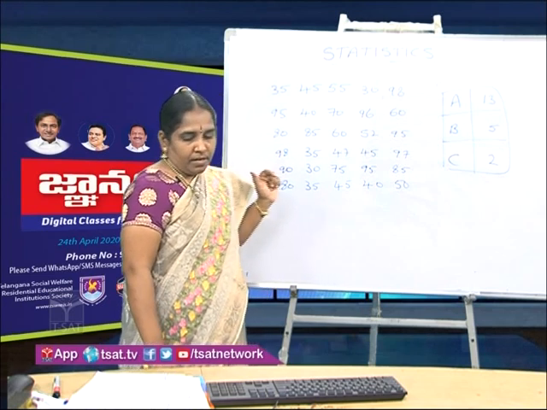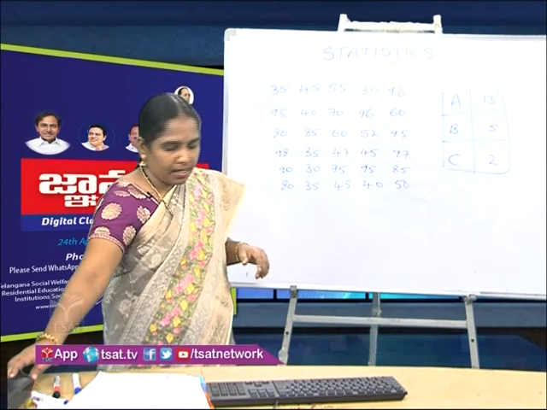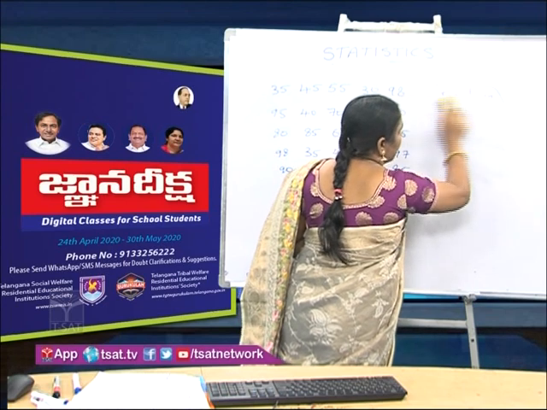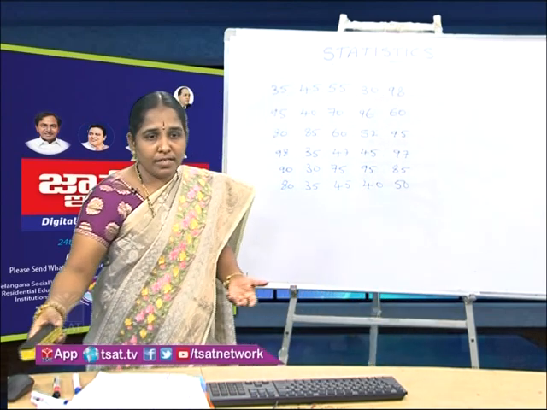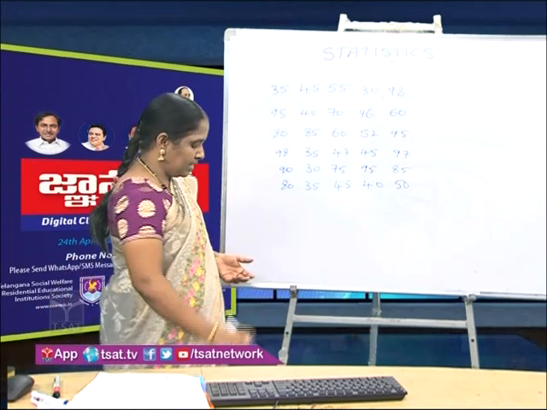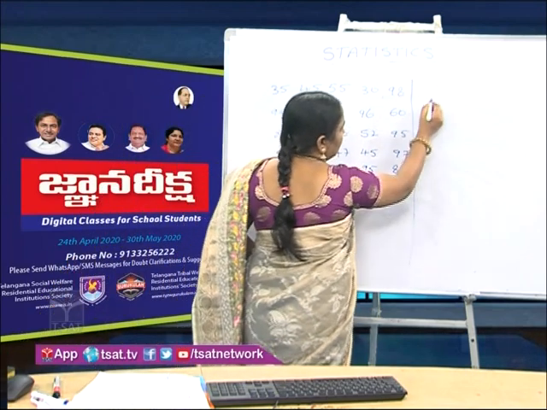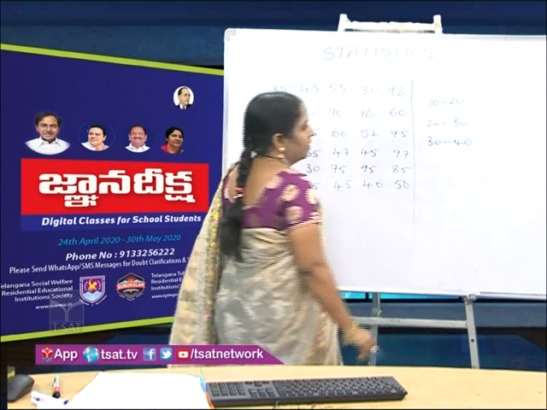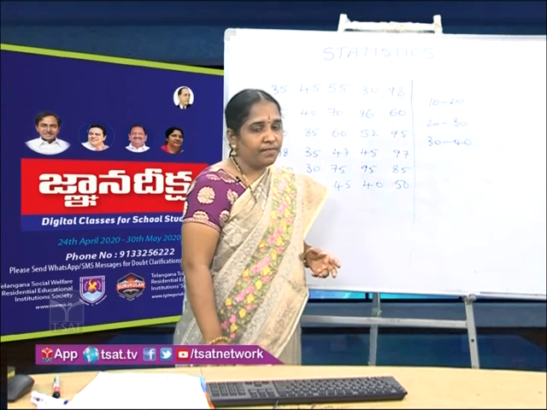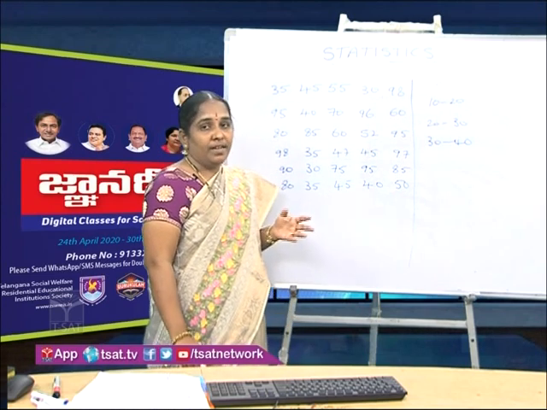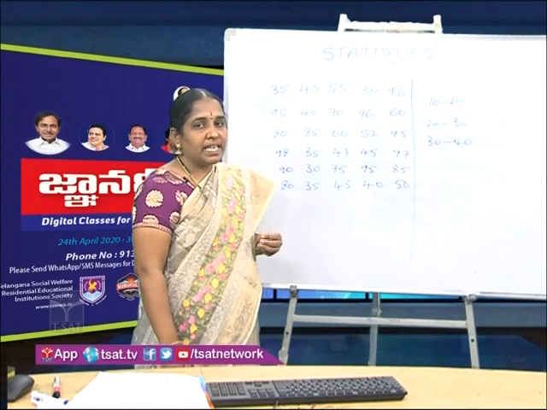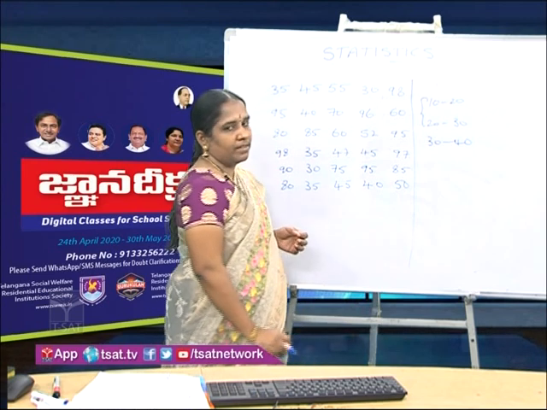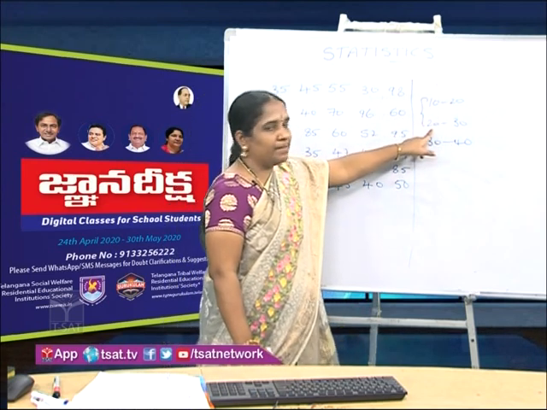So now we prepare a grouped frequency distribution table for this. But how many classes do we have to take? And what is the size of the class that we have to take? All these questions come into our mind. And what actually is the size of the class? Just now we have seen data 10 to 20, 20 to 30, 30 to 40 and so on. The size of the class is nothing but the difference between 2 consecutive lower limits, that is, the lower limit of the first class is 10 and the immediate next class is 20.